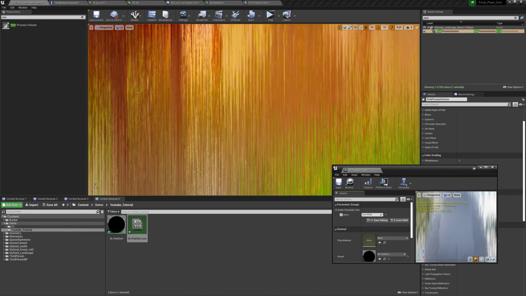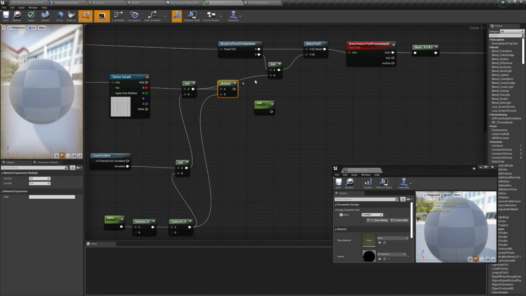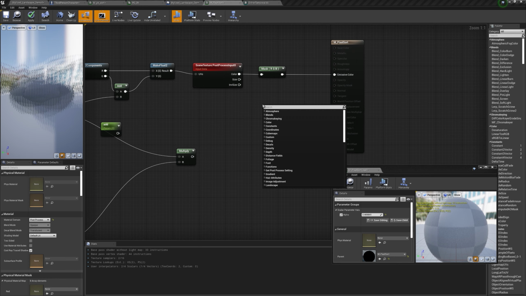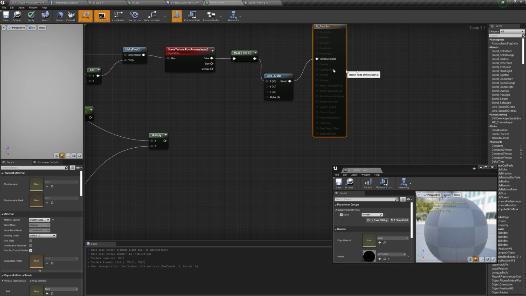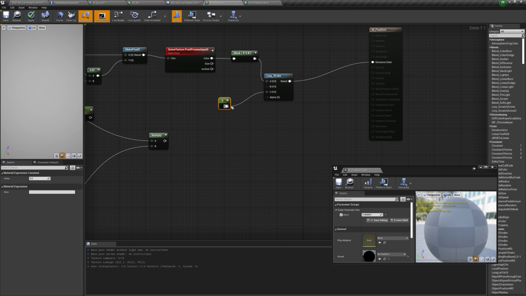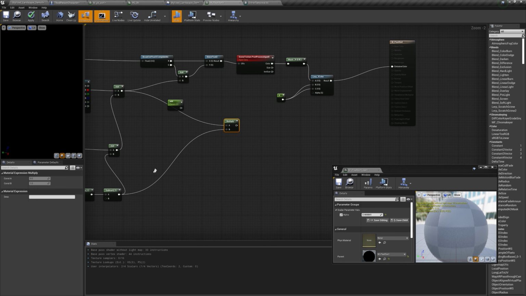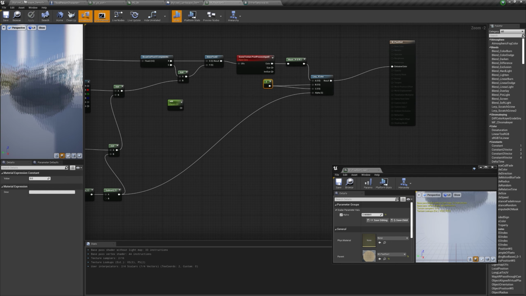So you can see that I can move the pixel around and get an effect like this. So here instead of this multiply we will just connect this to the add here, and here we will right click and type in lerp 3 color, and we will connect this here and connect this to the MC color, and we will get a constant of 0, by pressing and holding 1 and clicking, and connect this here and here. And now we can just connect this to the alpha here and click apply,